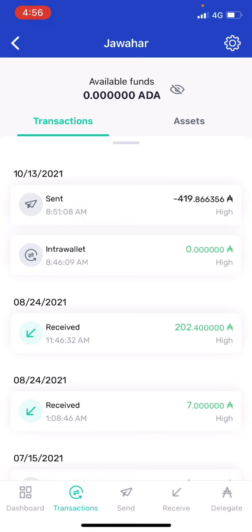And in this app, how you will get rewards: your rewards will be distributed every 5 days, guys, because one epoch is equal to 5 days. So after completion of an epoch, the rewards will be received in your wallet itself, guys. So no need to worry about it. And another good thing in this app is you can undelegate. That means you can take out your ADAs from your staking pools at any time, guys. So that is one of the best things in this app. They won't lock your ADAs, it is flexible, guys. You can take out your ADAs whenever you want, guys.